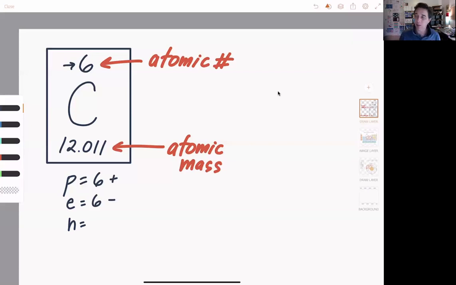Sometimes neutrons is the same number, or sometimes it's different. And this one, we take this number right here, 12.011, and we round it. So we get 12, and then we subtract 6 from that. So we take the atomic mass, which is this, subtract the atomic number, and we get 6 neutrons. And these have no charge. So that's what we should know when it comes to calculating protons, neutrons, and electrons from the atomic mass and